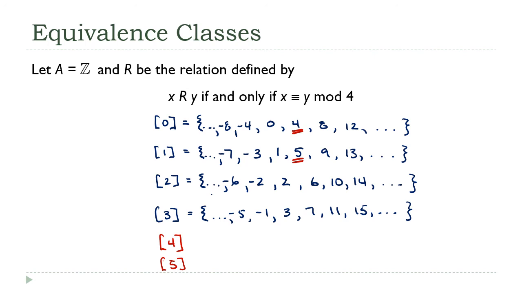What I really want you to notice, two things, because it's going to be important in the next lecture. First, these 4 classes are mutually disjoint. No two of them have anything in common. And second, if we put them all together, we get the set A. I've got 0, 1, 2, 3, 4, 5, 6, 7, 8, 9, 10, 11, and so on, and we get the negatives, -1, -2, -3, -4, and so on. So what I'm seeing here is that these 4 equivalence classes are actually a partition of the original set